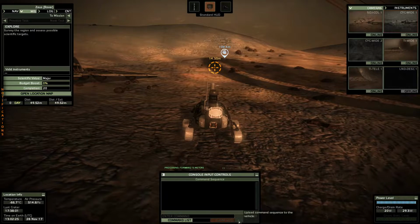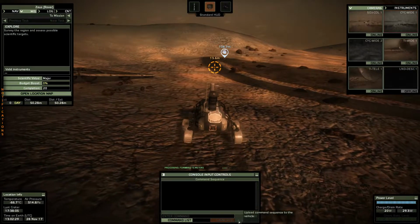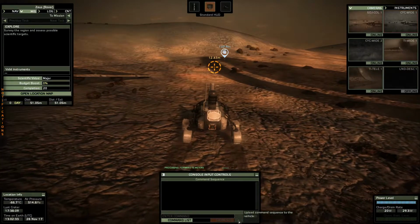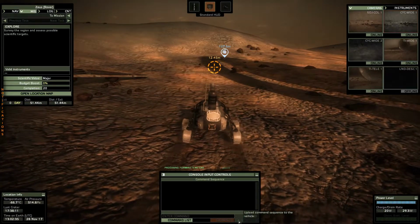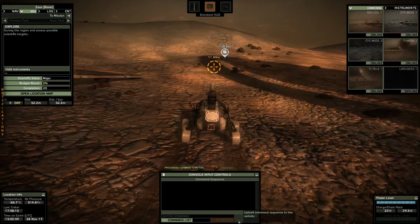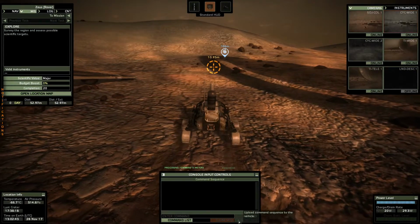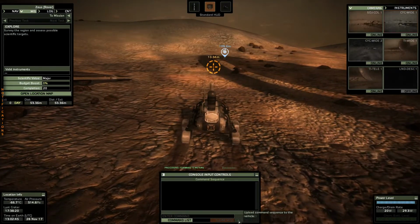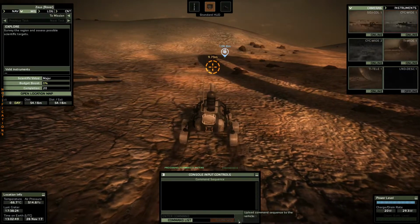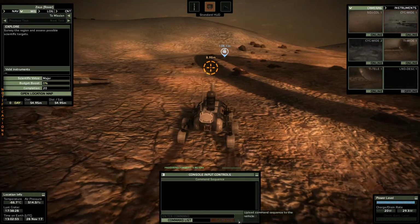Like I said before in the previous videos, it's immersion breaking having to use the external camera view, but you have to avoid any obstacles. Plus that, it's quite good to see a rover moving about as well. I will be starting on the manned missions pretty soon. I'm going to do a few more of these unmanned missions and then...